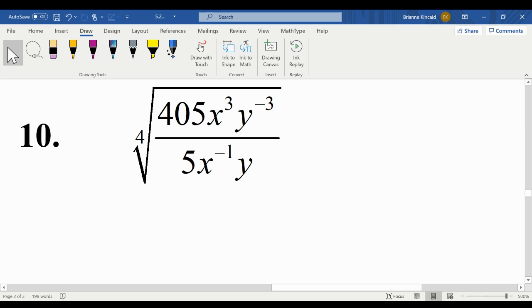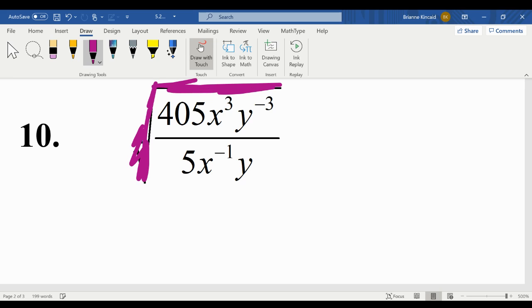Now, this next example, what we really want to be focusing on first is ignoring the radical, and I want you to just simplify what's on the inside. We will add the radical back in at the end. What we're going to do to simplify this is we have 405